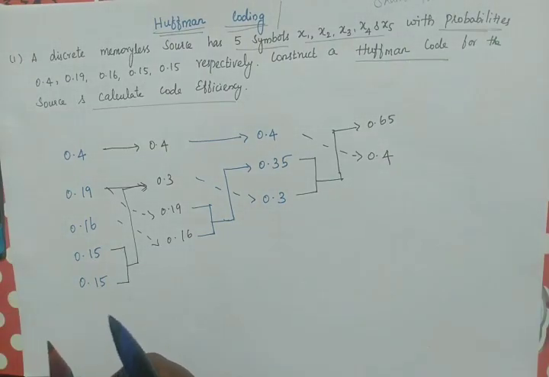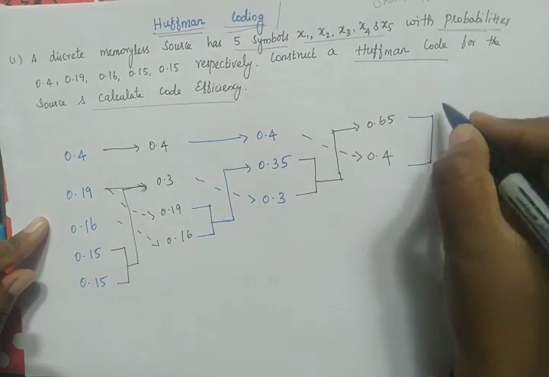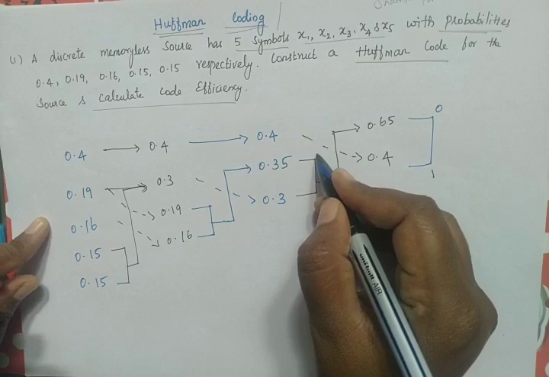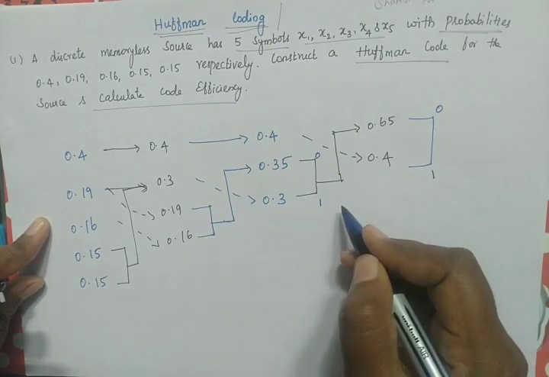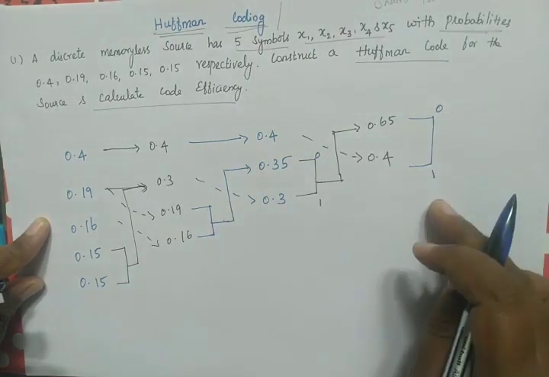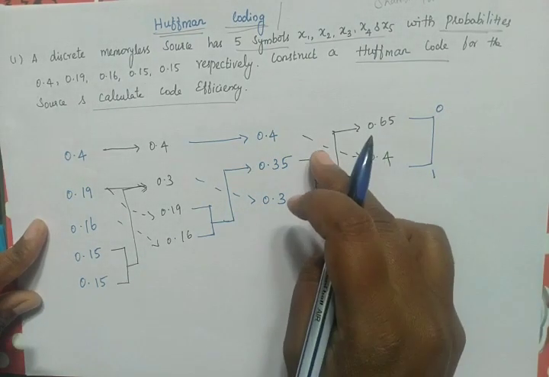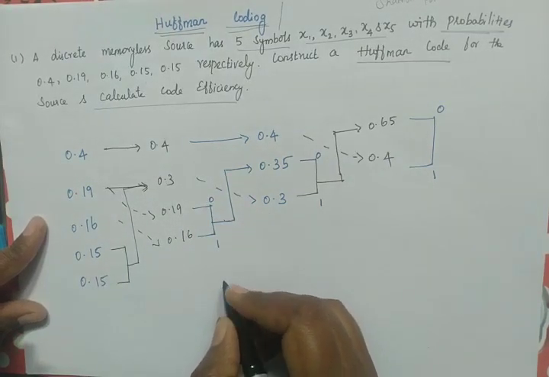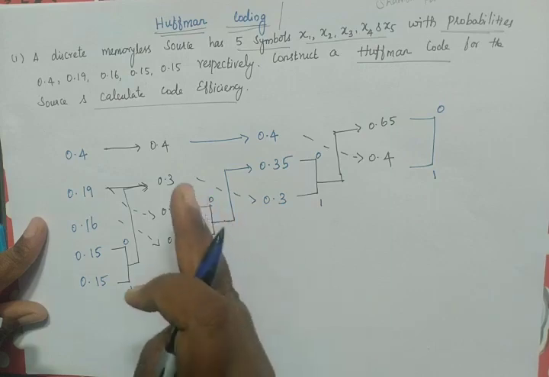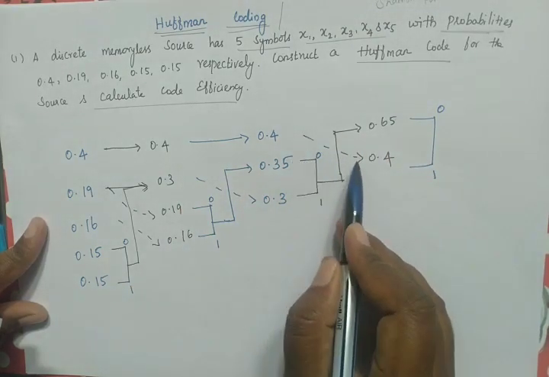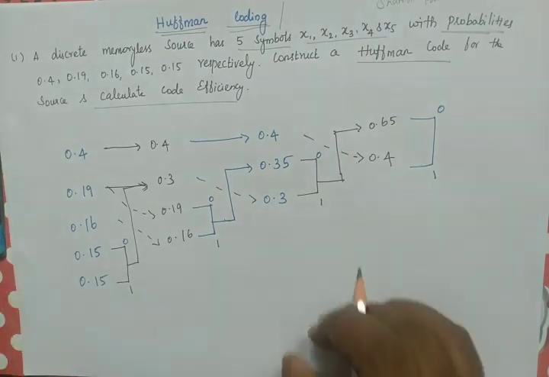That's it. After completing this, now here we have to substitute 0, 1. While substituting 0, 1, make sure that you are writing in the rightmost corner. So the top number will have 0 and the bottom number will have 1. So top 0, bottom 1, only for the probabilities which we have added earlier. So substitute 0, 1 in the rightmost corner. Now we have to check the arrow mark.